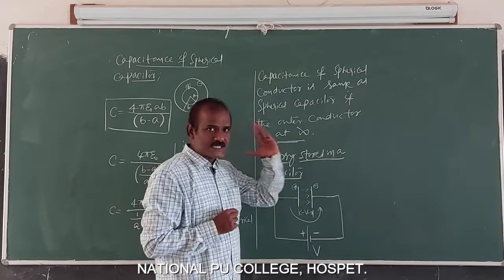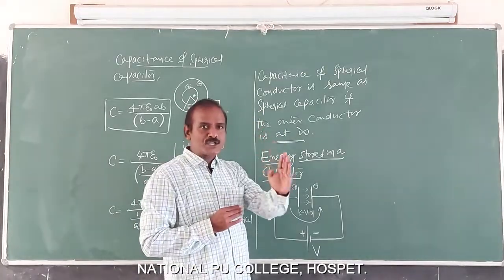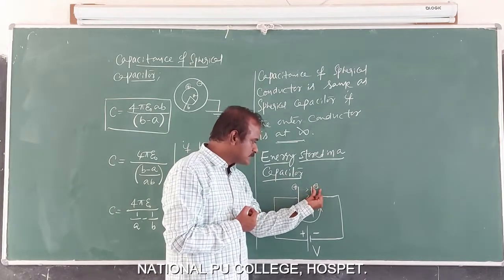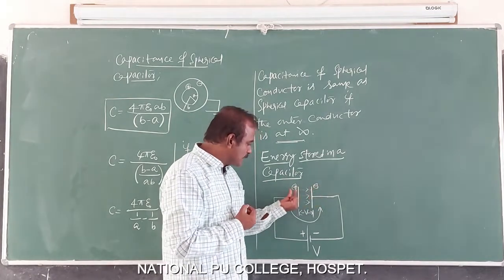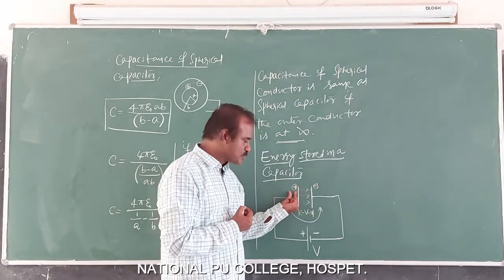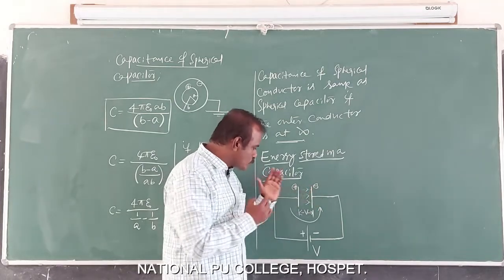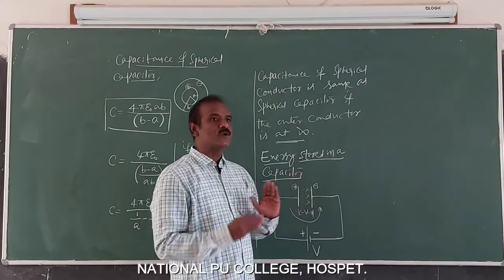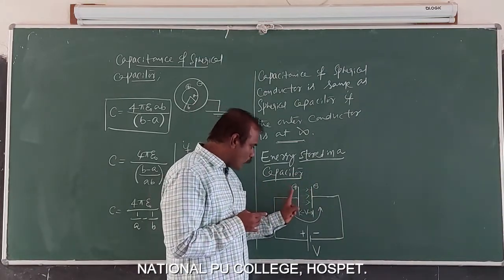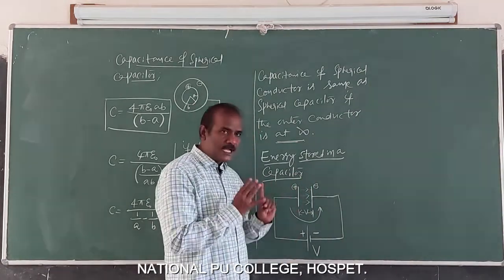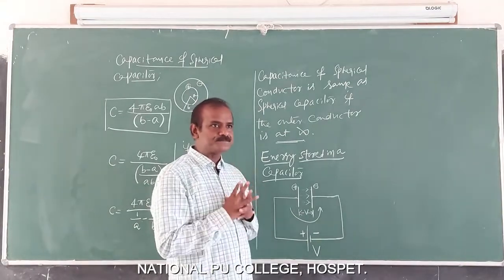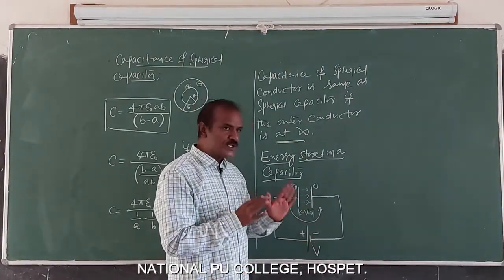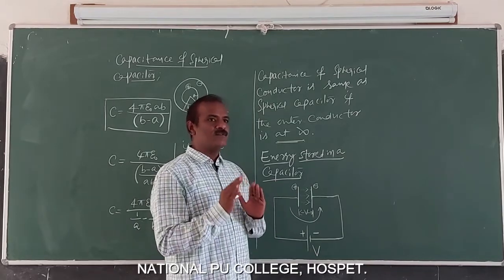Remember students, once again, this is the mechanism of charging a capacitor. Electrons are deposited on the other plate. This plate loses electrons and acquires positive charge, the other gets equal negative charge, so that one plate becomes positively charged and one plate becomes negatively charged. Which one will become positively charged? The one to which the positive polarity of the battery is connected. Which is negatively charged? The one to which the negative polarity of the battery is connected.